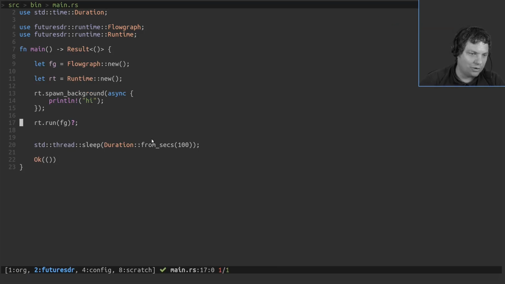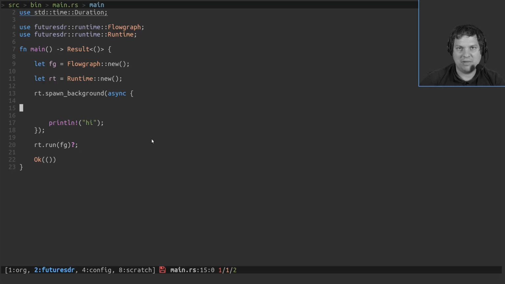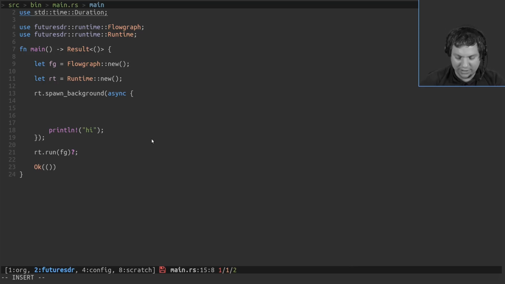Okay, so let's go back to our runtime. We saw that we can spawn threads, and now the question is, why are these spawning async tasks? How can it be used? Why might it be useful? For example, what it allows you to do is, let's say you want to build a frequency scanner. So let's say you want to iterate and scan a bunch of frequencies.